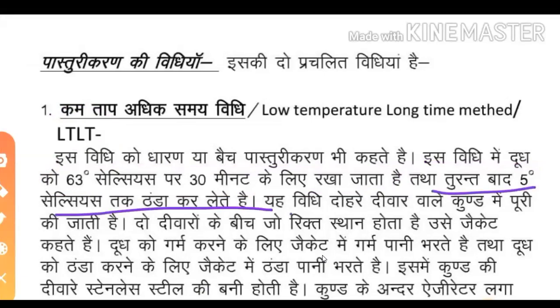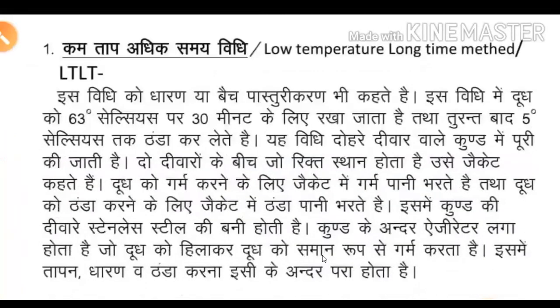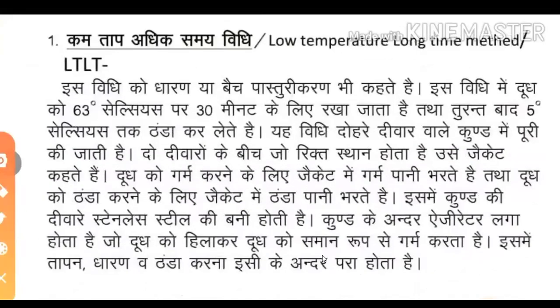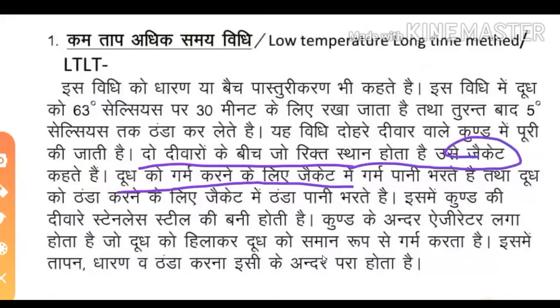हैं। यह विधि दोहरे दीवार वाले कुंड में पूरी की जाती है। दोहरी दीवार वाले कुंड का मतलब समझ रहे होंगे आप कि डबल लेयर, 2 लेयर वाला कुंड या 2 लेयर वाला यंत्र। 2 दीवारों के बीच में जो रिक्त या खाली स्थान होता है उसको जैकेट कहते हैं। और दूध को गर्म करने के लिए जैकेट में गर्म पानी भर देते हैं। अगर जैकेट में गर्म पानी भर देते हैं तो दूध गर्म हो जाता है। यदि दूध को ठंडा करना है तो उस जैकेट में हम ठंडा पानी भर देते हैं।